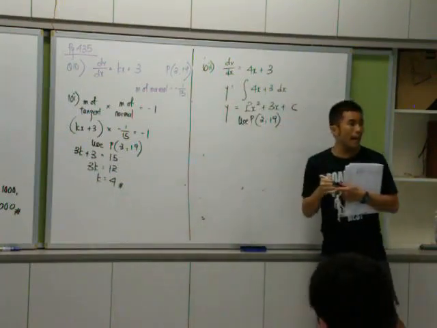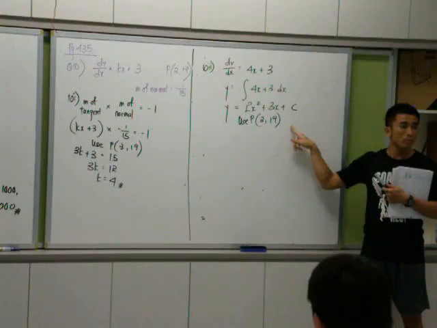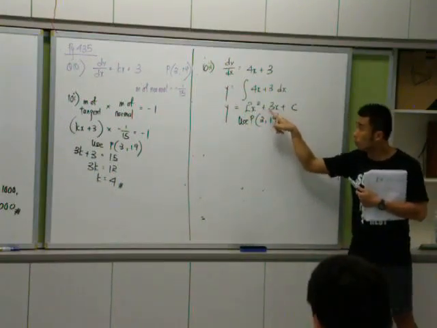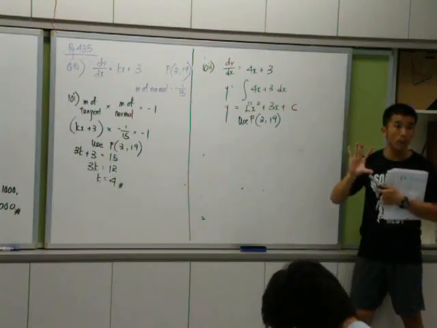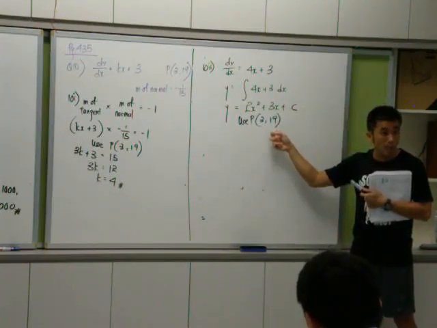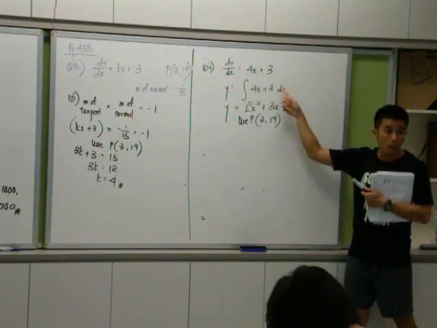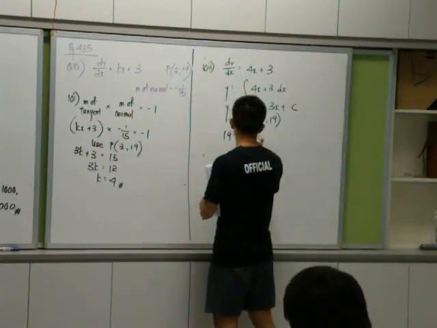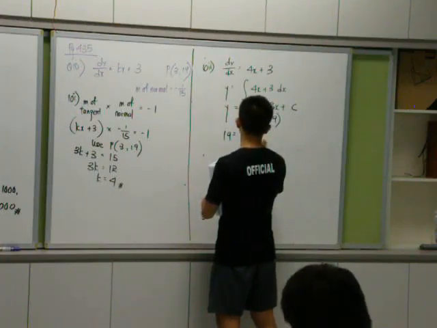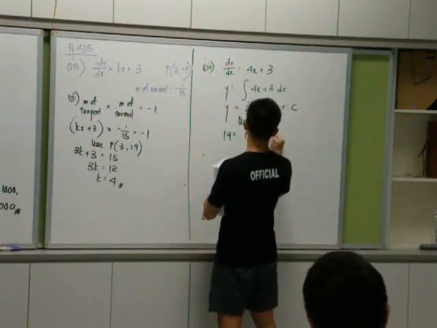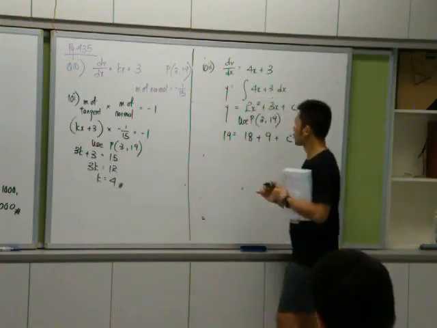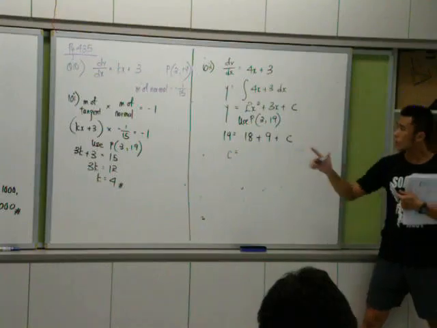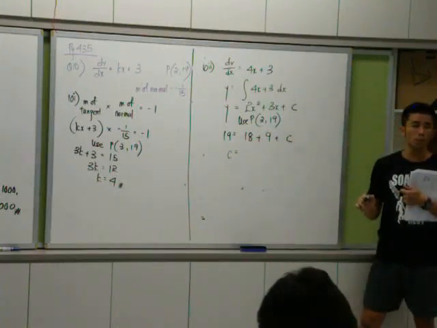Okay. Do you notice that every time I write this down, but do you get penalized if you don't write this? You won't. But I want to write this because sometimes there are too many points already. You must make sure the point you're using is a point that lies on the curve, or the curve actually cuts through the point itself. Something like this. Correct? So 18 minus 18 minus 9, so you get